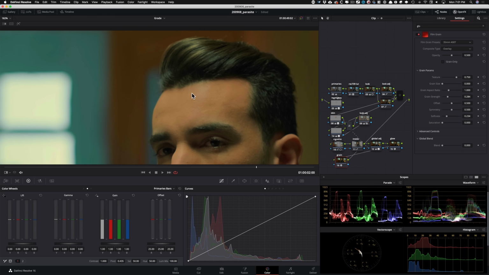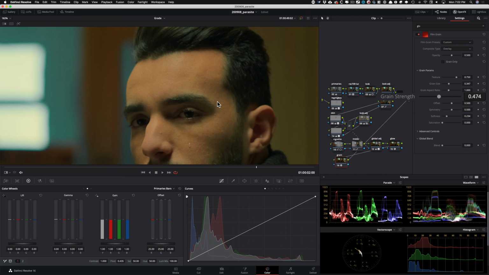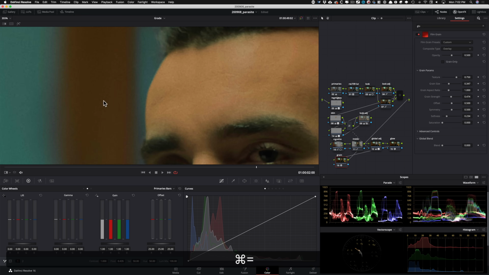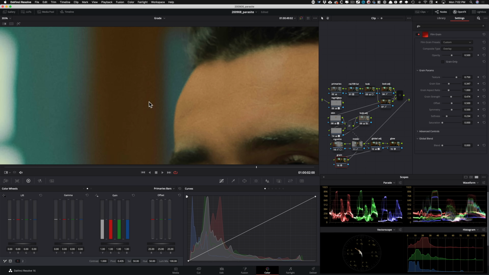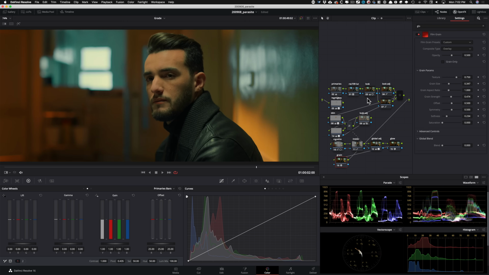Right now, there's barely any grain. So I'm going to go ahead and start adding grain size, which is going to start giving us nice chunky texture. And then I'm going to go into grain size and do the same. And now if I go before and after, you can see, maybe I can dial back on the grain strength. So if I do before and after, I can even punch in a little bit more so you guys can see it clearly. But if I pause it here, just look at right there. I'm going to do before, after, before, after. So now if we punch back and bring the two next to each other, there is a big, big difference,